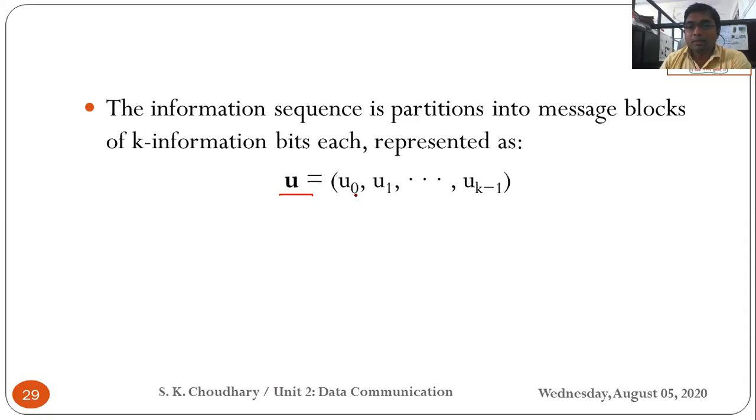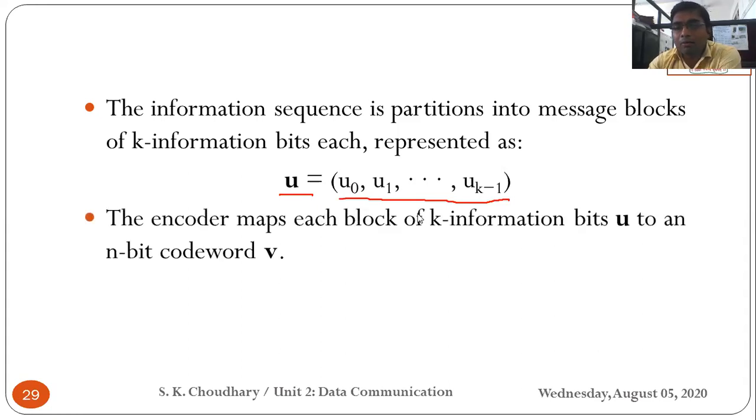And how do we represent it? It is k-bit information, so obviously it starts from u0, u1 up to uk minus 1. There are different ways of representation. You can either start with u1, u2 up to uk. Both representations are correct. If somewhere you see that u is written as u1, u2 up to uk, that is also correct. But here I have taken u equal to u0, u1 up to uk minus 1, meaning a total of k number of bits.